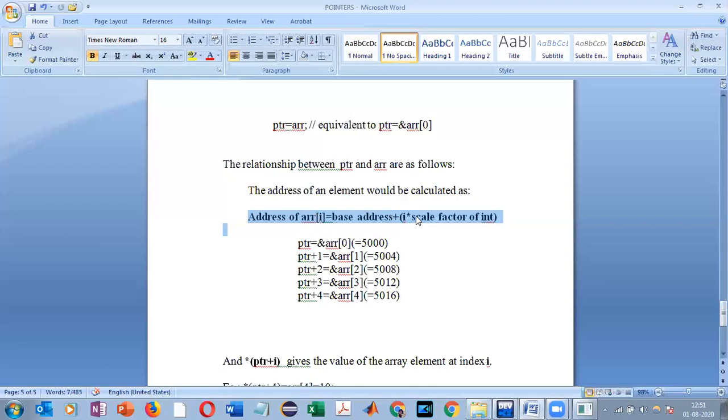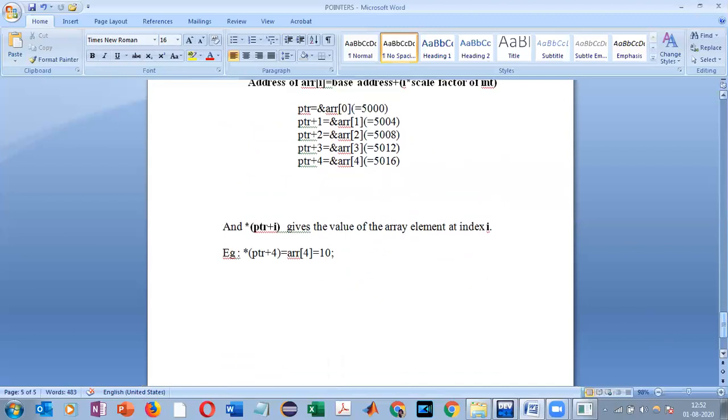So 3 into 4. So 5000 plus 3 into 4, that is 5012. So the array element at index 3 would be at location 5012. And last thing, in order to access the elements stored in that particular address, we have to use the indirection operator. So ptr plus i, we know that this is going to point to the address where the ith element